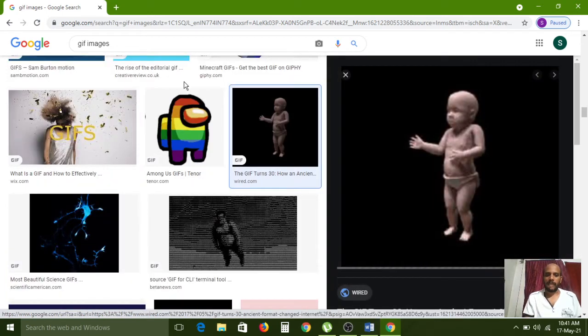Here we have the baby image. This is a small size image. Wait, it is loading.